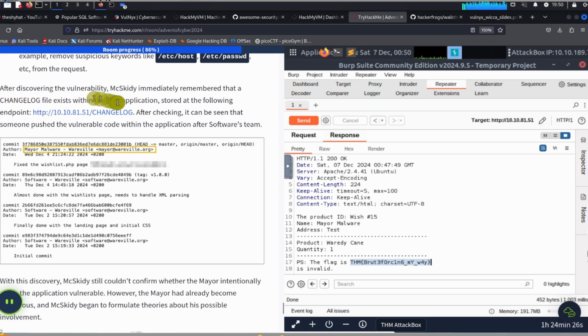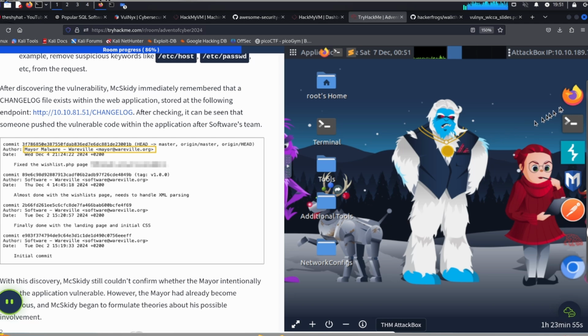After discovering the vulnerability, McSkitty immediately remembered that a changelog file exists within the web application, so he tried the following endpoint, so the URL and then changelog. After checking, it can be seen that someone pushed the vulnerable code within the application after the software team's changes. Okay, so what we need to do is we need to access this on our own inside our